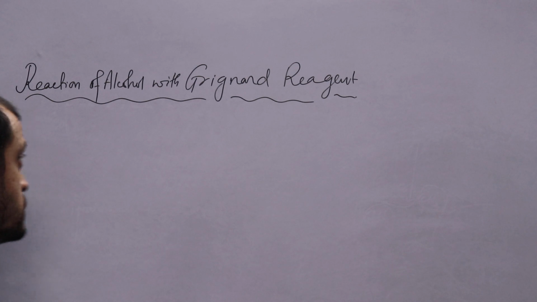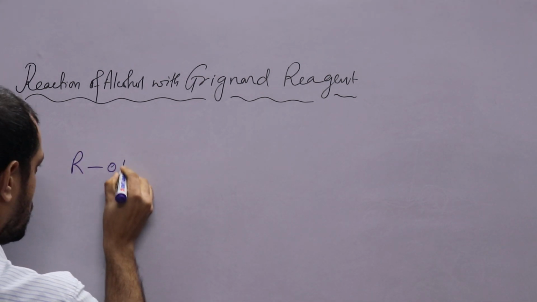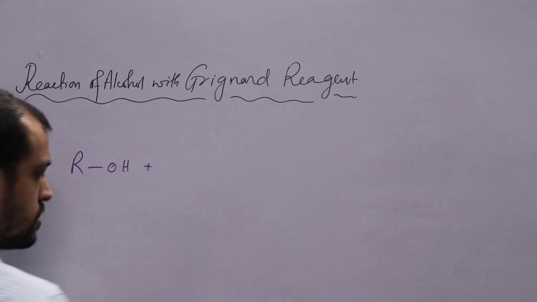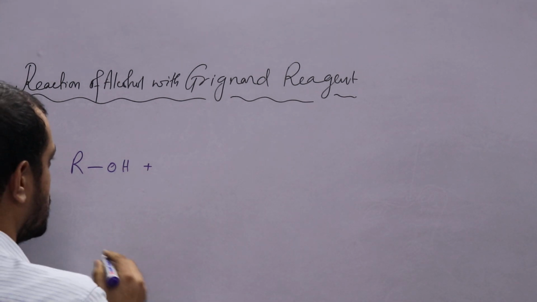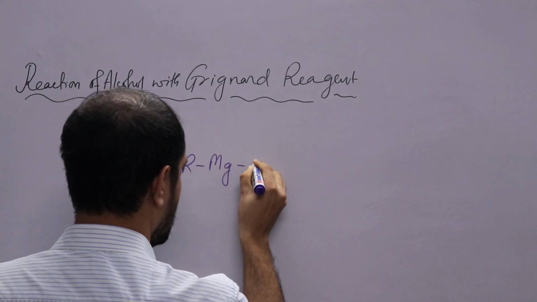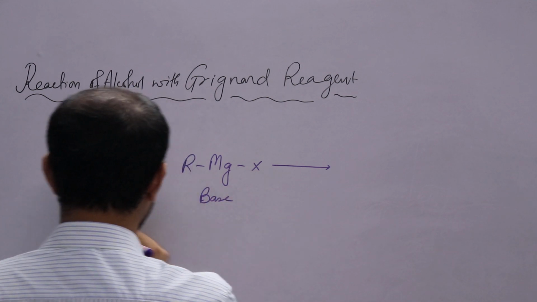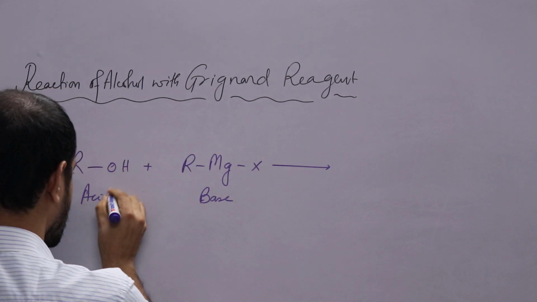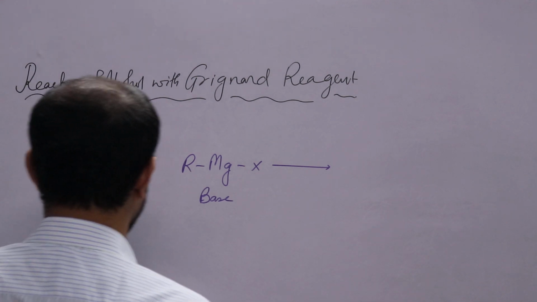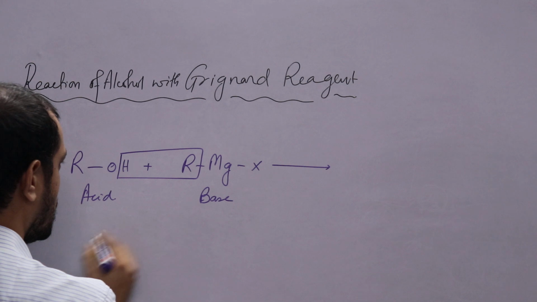The first thing you need to understand is that alcohol is an acid here, and Grignard reagent, that is alkyl magnesium halide, is actually a base here. So alcohol is an acid here. Now listen, as it is an acid, it will give H, and as it is a base,